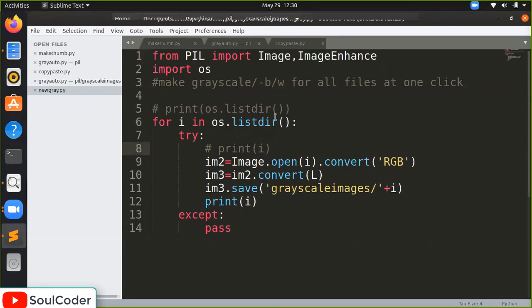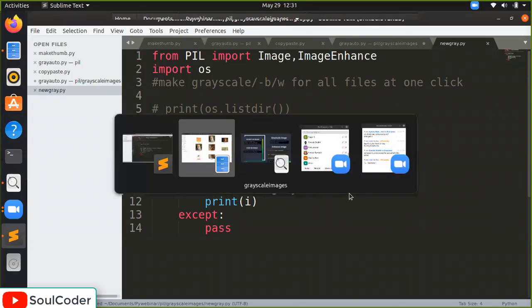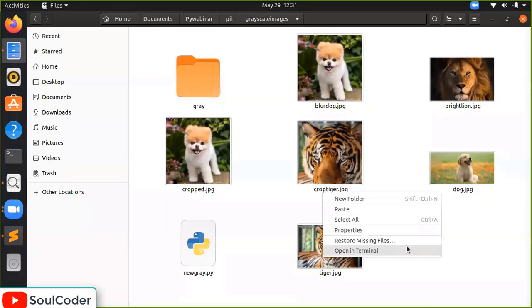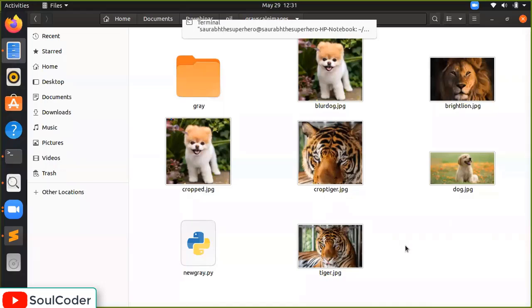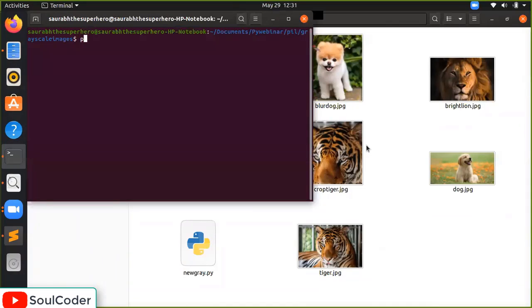Okay, so currently I'm in this directory. I'm converting into a grayscale image. I will use the gray image over here. Let's run it. New gray. Hope it will work. You should have tried. Okay, errors can happen to anyone at any time. Sometimes it's not about our code.